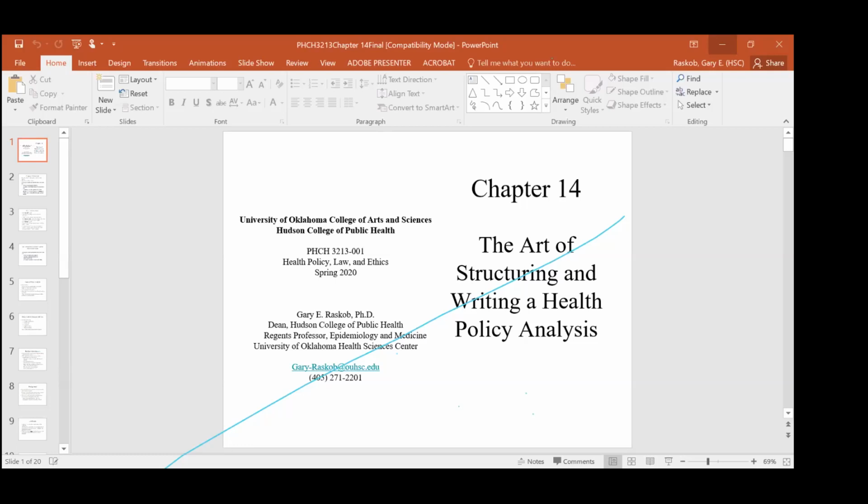The paper should be 5 to 10 double-spaced pages. That doesn't include your side-by-side description of the options. That table doesn't count in the page length. And you can have other charts and tables, as many as you want,